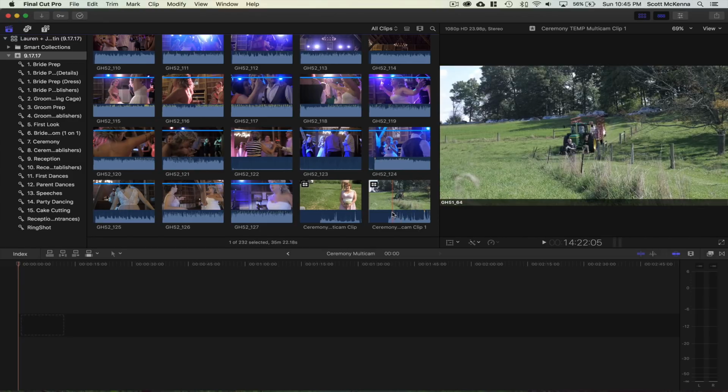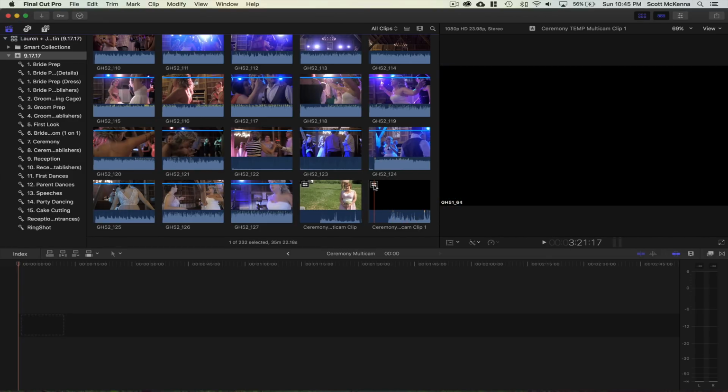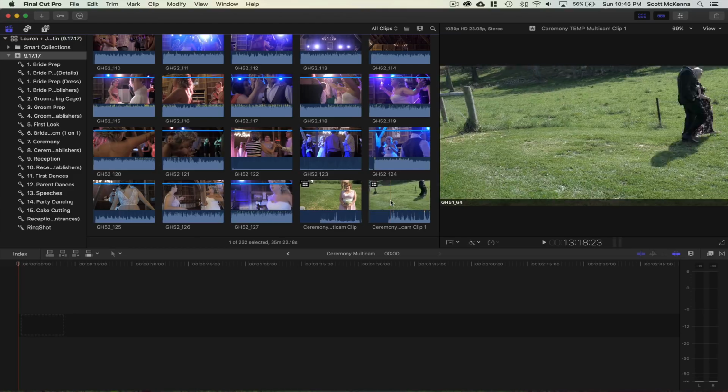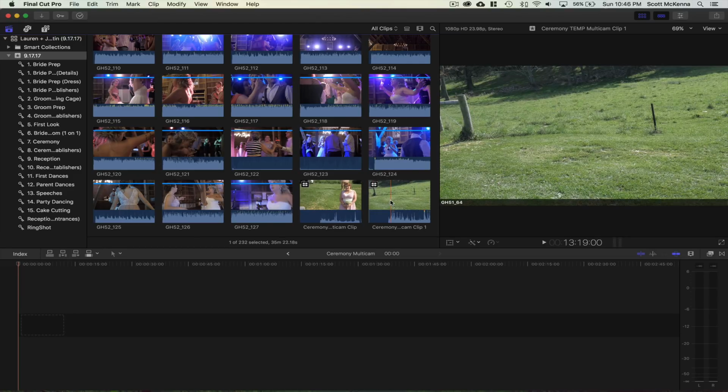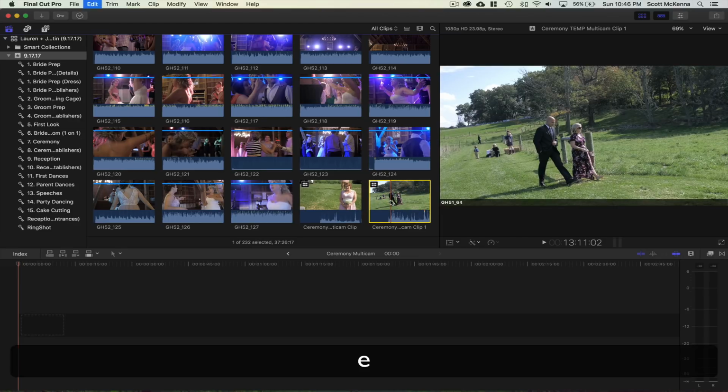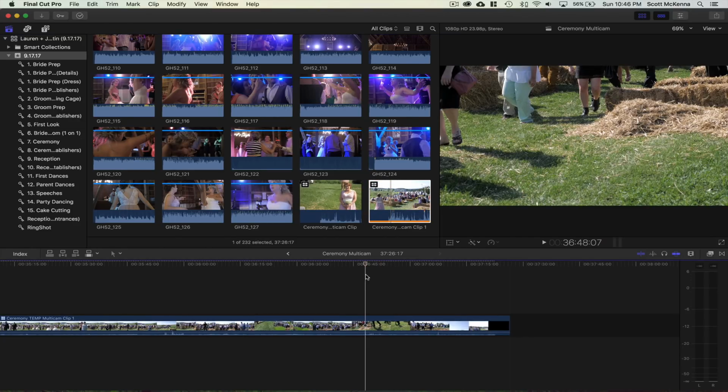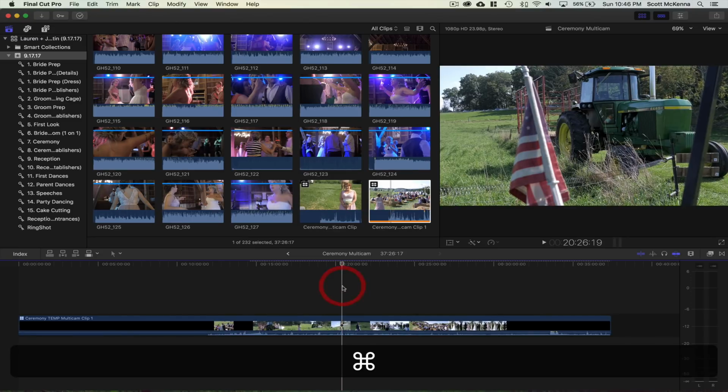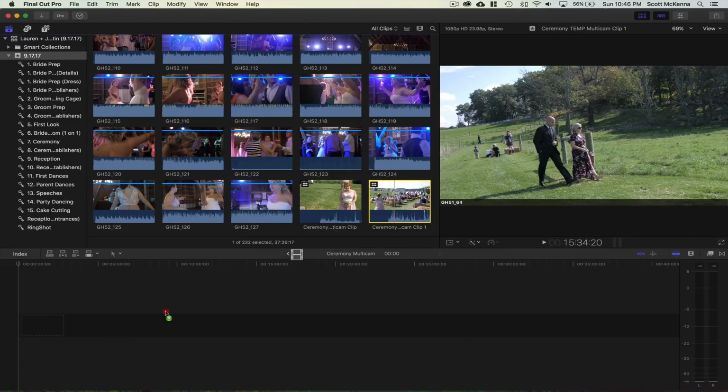Now, obviously from here, you only see one angle. But when you see this little tiny box here with the four squares, that basically means it is a multicam sequence. You simply take this file and you edit it down to the timeline. I hit the E shortcut, which is what I have routed to bring it down, but that's basically the same concept as dragging it to here.